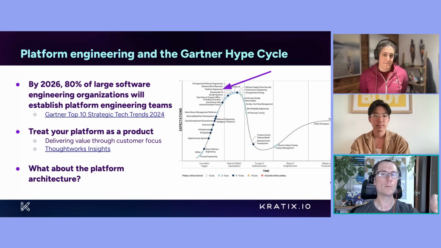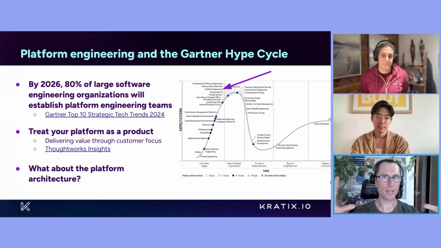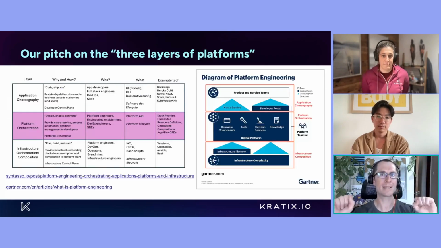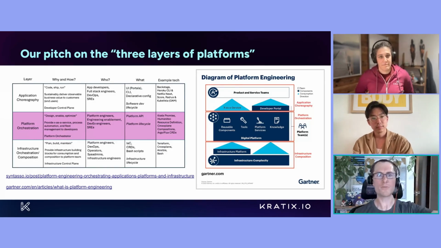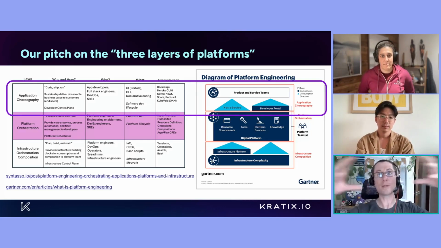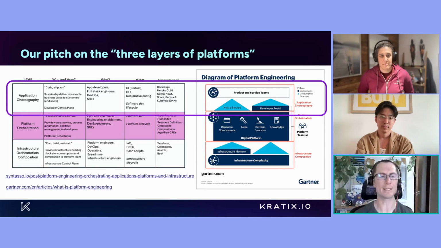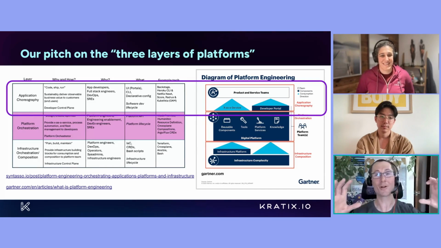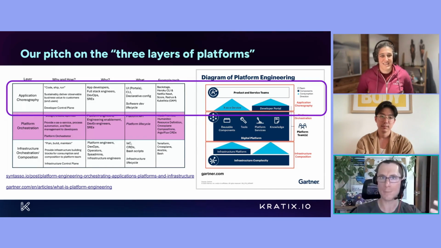But today we're going to focus a little more on the platform architecture. And I appreciate this slide is an eye chart. Do not worry, we're going to share the slides later. The most important thing today is the conversation. We can break down the charts later, but just very quickly, it's our chart on the left and Gartner's on the right. The two of us are talking about three layers in the platform. Sorry, I'll start again. The first layer is platform choreography, where you're using your portal to bootstrap your applications,